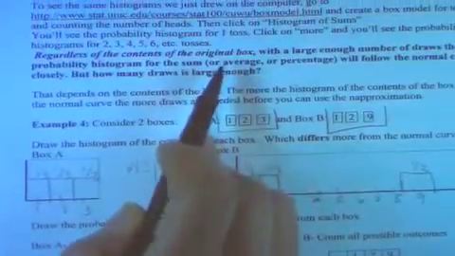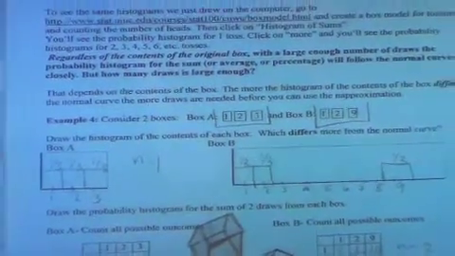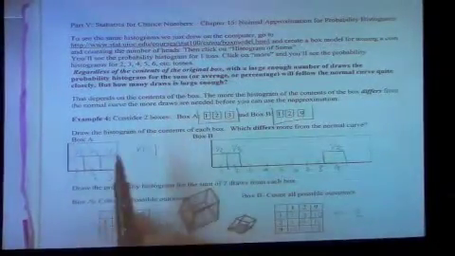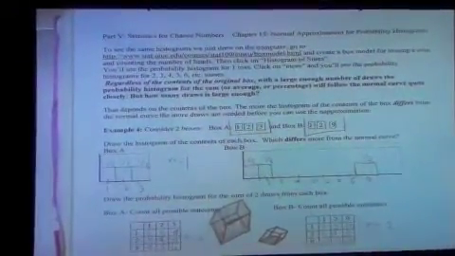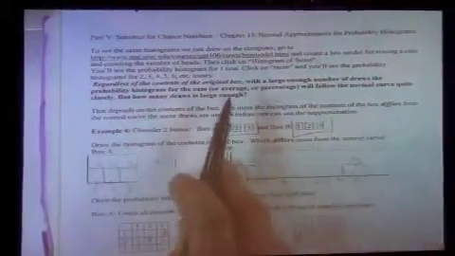What it says is that regardless of the contents of this box, remember we're looking at numbers generated by a chance process. We're talking about the statistics for chance numbers, gambling games, and later on we're going to talk about sampling. So regardless of the contents of the original box, with a large enough number of draws,